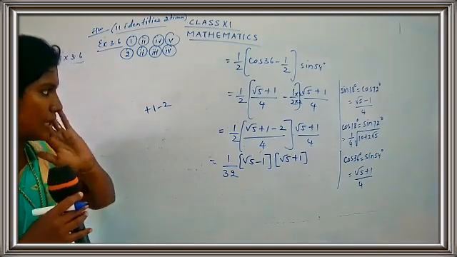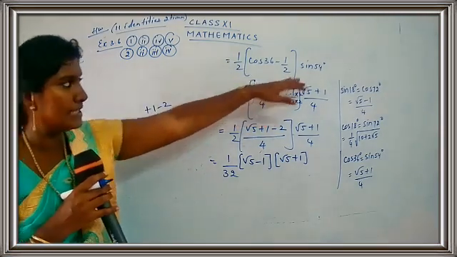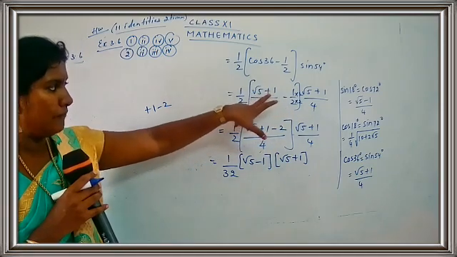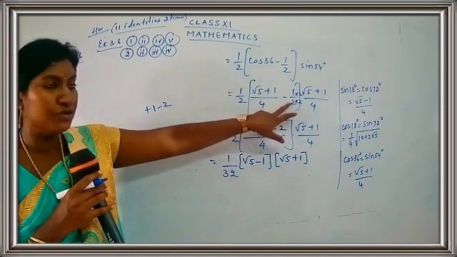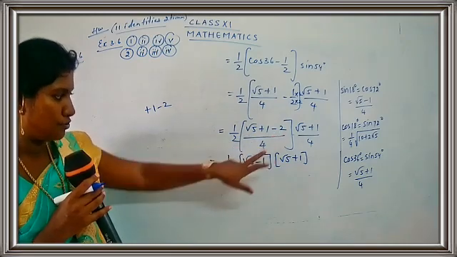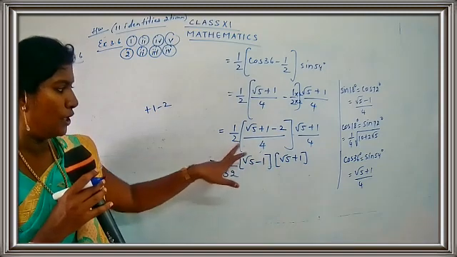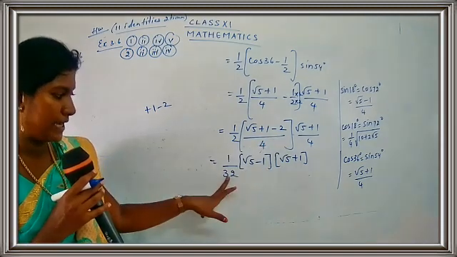Children, just see here carefully. Do not get confused. Very simple. We are just substituting the value for cos 36 and sin 54. I get root 5 plus 1 upon 4 minus half. So, I am just going to take the LCM here. I get root 5 plus 1 minus 2 upon 4. So, this is root 5 minus 1, plus 1 minus 2, minus 1. 2 into 4, 8. 8 4s are 32. So, I get here 32.